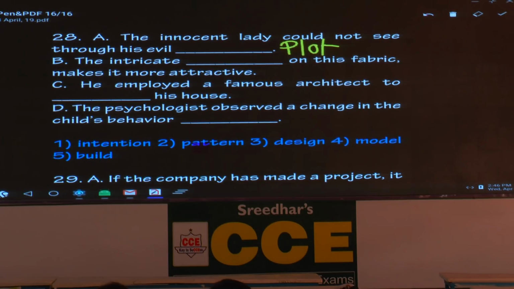Model. The intricate model, perhaps sometimes, but to model his house. Here model his house means as a verb, then it is right. It goes with the second sentence, but it doesn't go with the last sentence. Build. To build his house, that is right. Hope you guys are listening. Build his house is right, but evil build not correct, intricate build not correct, behavior build not correct. Now one word goes with three sentences, another word goes with two sentences, but you have to select the one that goes with three sentences. Which word is that? Answer is what? Third option, design.